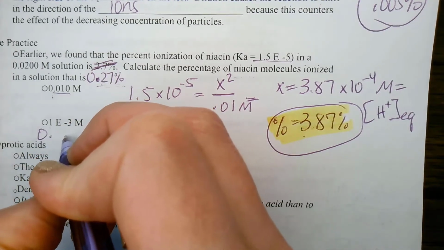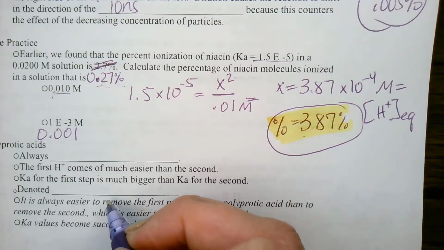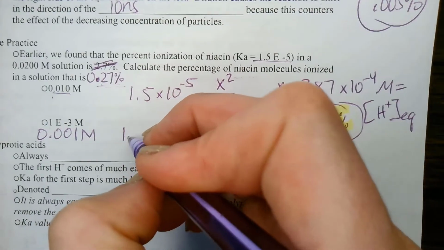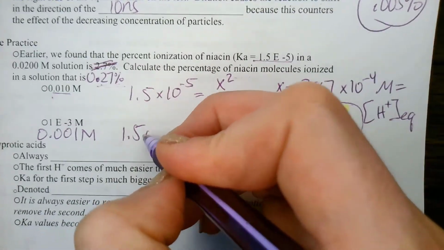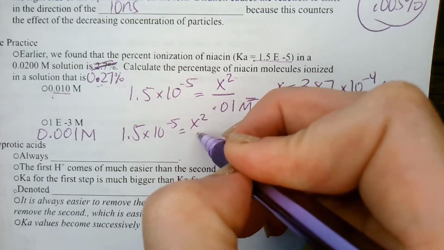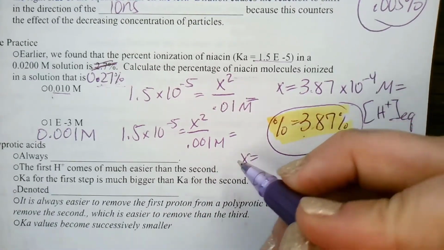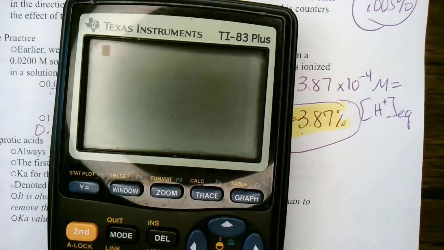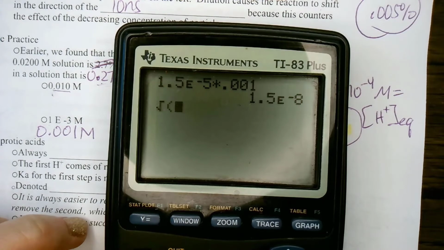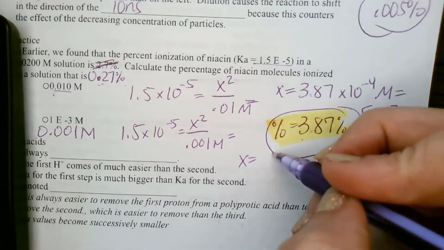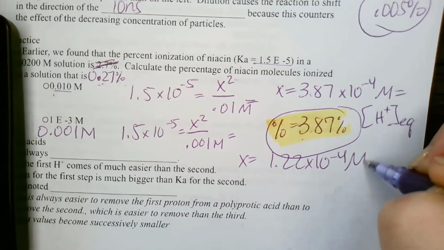Now let's try diluting it even more to 1 times 10 to the negative 3. So if we wrote that out, 0.001 molar, that would be 1 times 10 to the negative 3. So let's try writing that out. We would do our same Ka value, 1.5 times 10 to the negative fifth, is equal to x squared over 0.001. And we would find that x is equal to the square root of 1.5 times 10 to the negative fifth times 0.001. So our x is 1.22 times 10 to the negative fourth